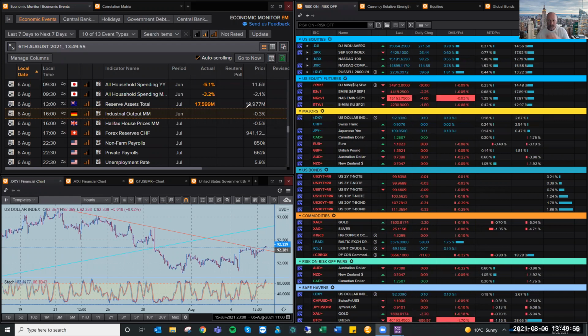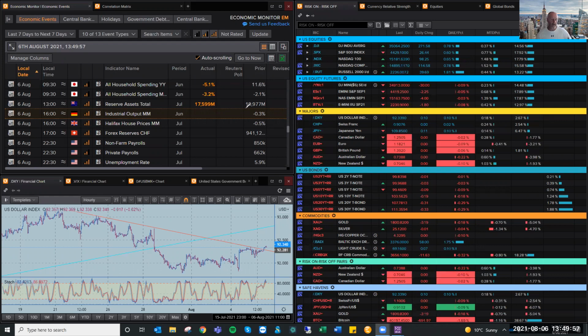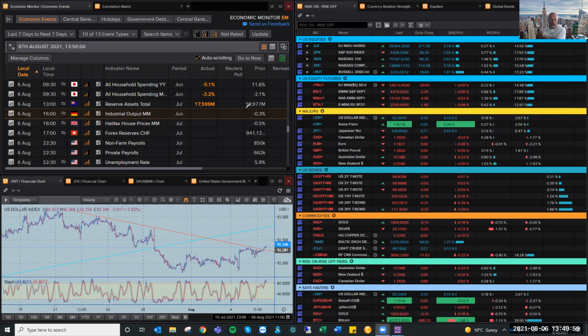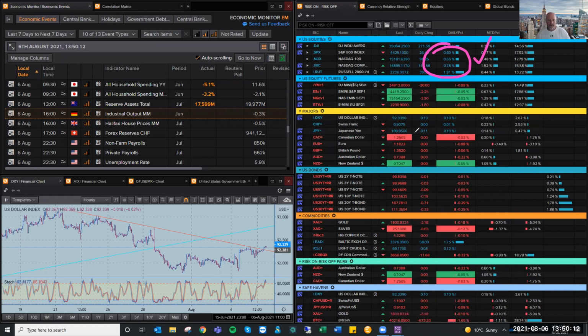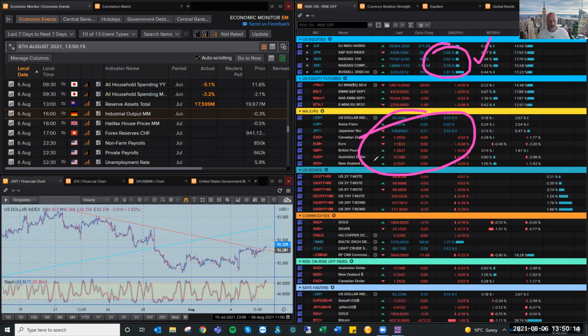All right. Now, as we gear up towards the non-farm payrolls, the week's been almost on hold as we wait for this data. Equity markets are slightly up. It's nice to see them moving. It gives us something to work with once the non-farm payrolls do drop. Major currency pairs are really stuck at this stage, just waiting for the numbers.